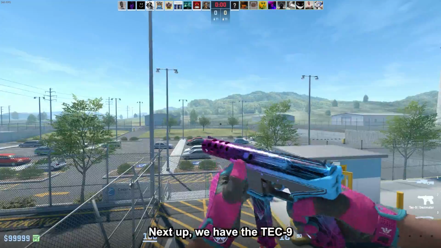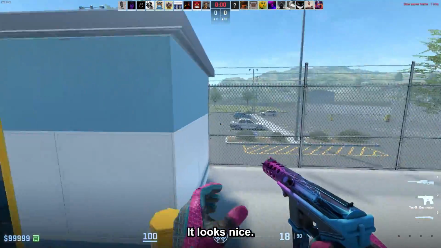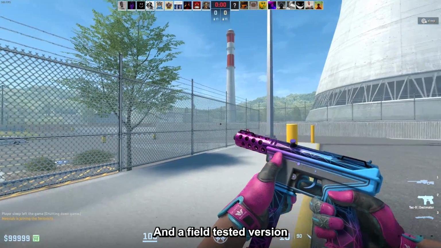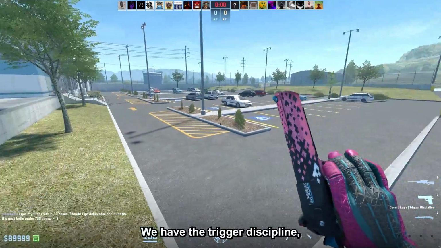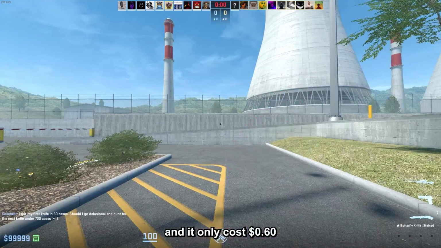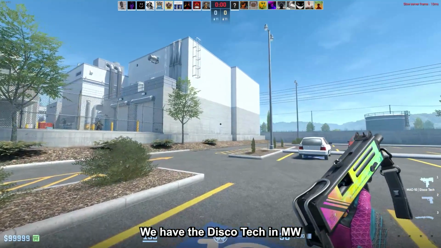Next up we have the Tec-9, and for this one I went with the Decimator, and this is an easy choice for me. It looks nice, it's the most pink Tec-9 skin in CS2 as well, and the field tested version goes for around $8.5. For the Deagle, we have the Trigger Discipline, which is just perfect for this inventory, and it only costs 60 cents in factory new. Going over to the SMGs, for the MAC-10 we have the Disco Tech in minimal wear